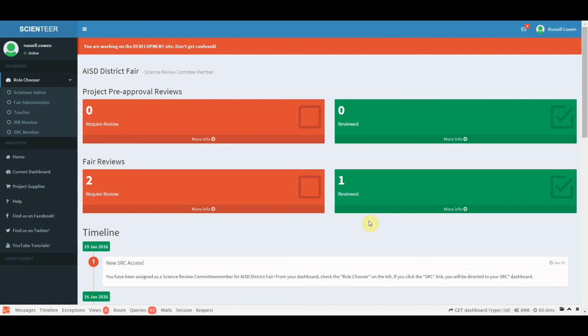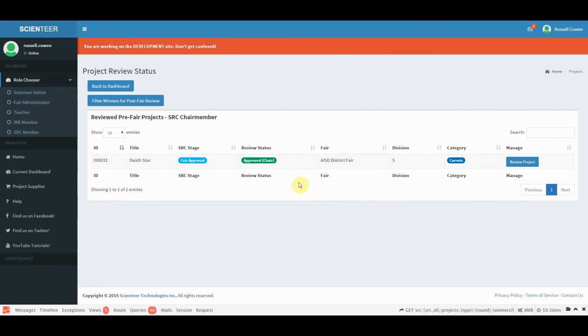Now, we've done our pre-fair review. After our fair selects their winners, it could be when you need to speak with your fair directors to see if they do a post-fair review. If they do a post-fair review, all of your projects that you'll be interested in will be over here in this category, or most of them will be. So you'll need to pay attention to their statuses, because even though they're moved over to this box, they may have a status that says needs to be reviewed or post-fair review. So that's how you will do your post-fair review. Those projects will be listed